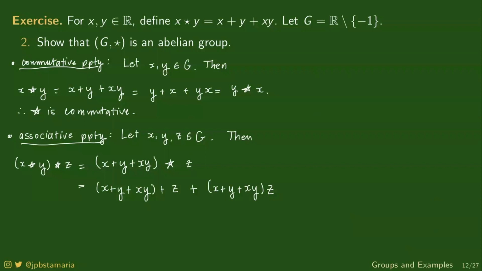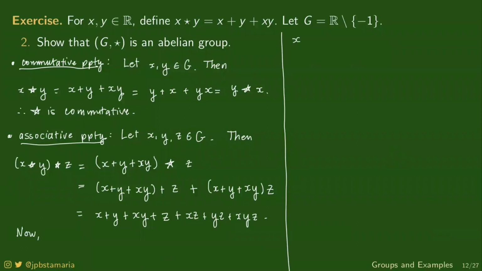Okay, now, we just simplify this algebraic expression. As you can see, this is x plus y plus xy plus z plus xz plus yz plus xyz. So the resulting product has how many terms? It has 7 terms all in all, no? Now, when you look at the other product